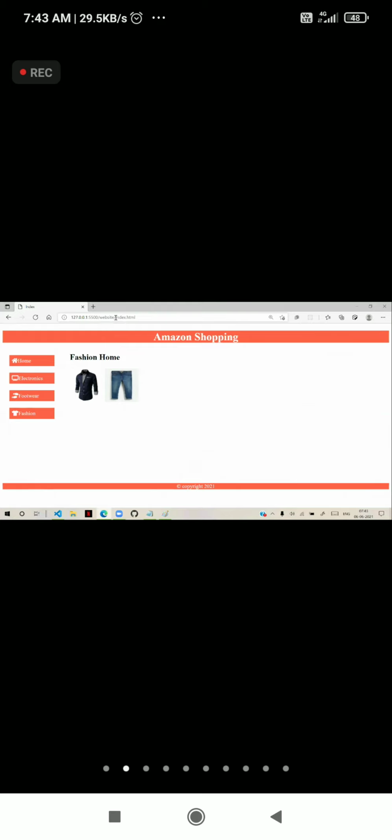You can stay on only one page and bring all the contents into the page and display them. I click on home, home will come. Electronics, footwear, fashion. You can bring any content and embed it into that particular page. This is done by using iframes. By using the concept of iframe, we can achieve this type of functionality.